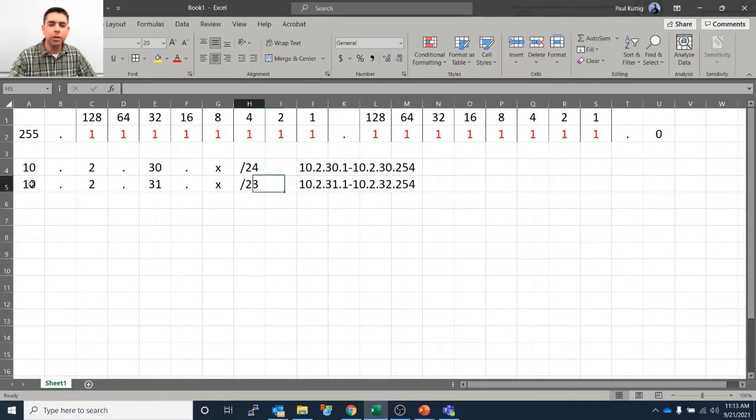But let's say we decided to create a 23-bit subnet range. That's going to be 10.2.31.whatever, which this is the default gateway, by the way. This is your network address. That's the beginning address. That's going to give you 10.2.31.1 all the way up to 10.2.32.254. So as you create your subnets,